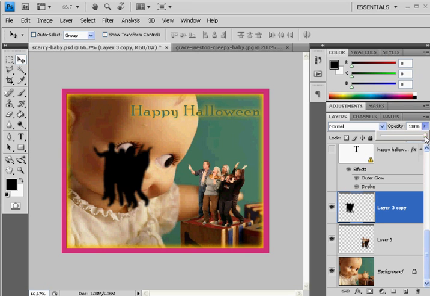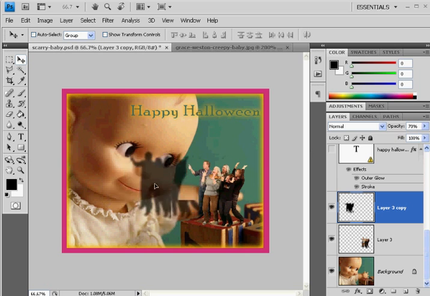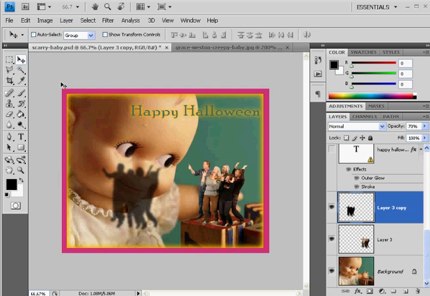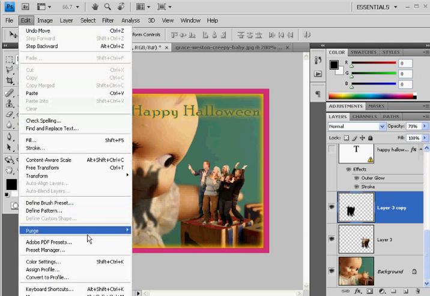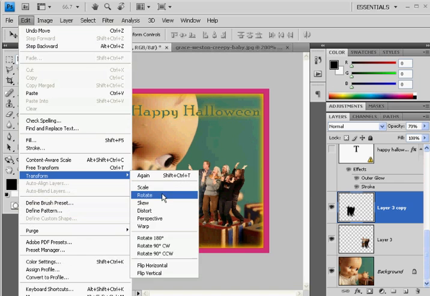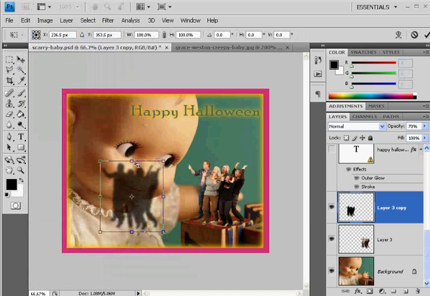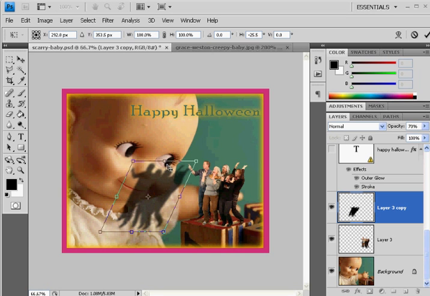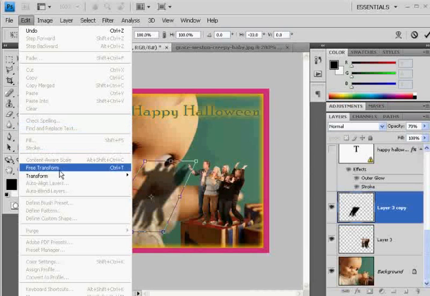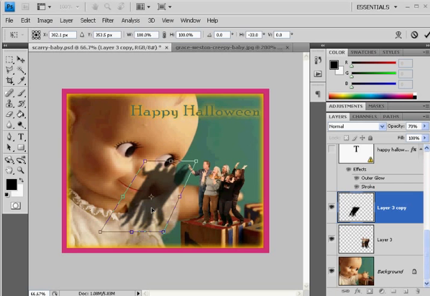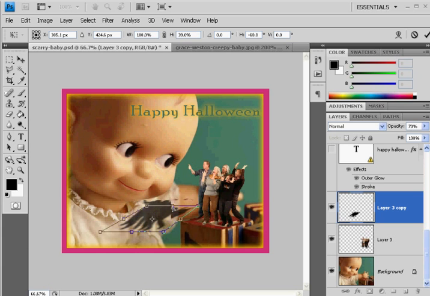And then now I just tweak it by doing an edit, transform, skew. I can skew it. Let's see here, like that. I can distort it, and all kinds of stuff. Edit, transform, distort. I can take it down here, right, so that it becomes a shadow. And it's just a copy of their feet. Move it into position the way I want it,